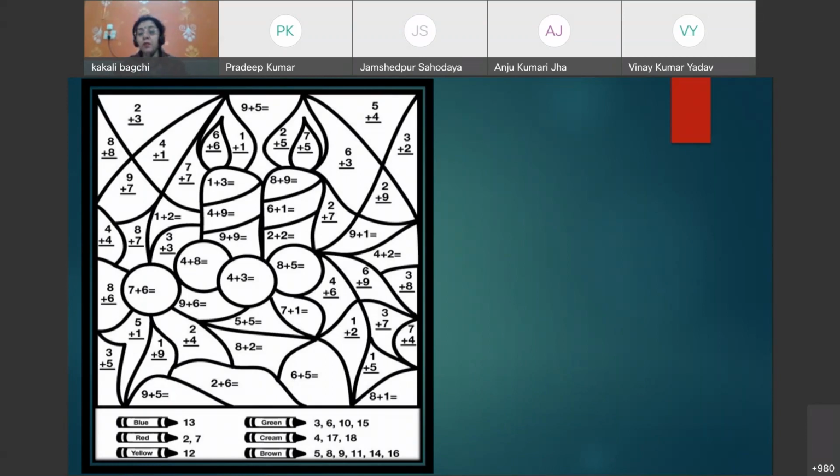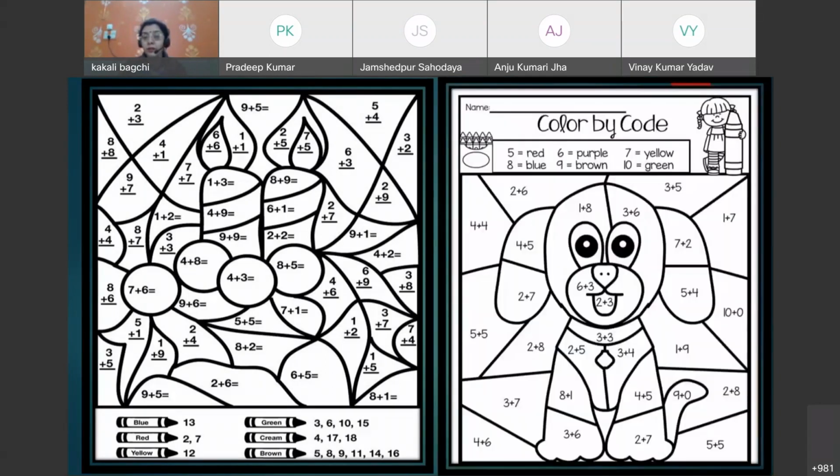So give this type of worksheets by which you give 2 days time to the child. Children will enjoy because they will color it. Unknowingly, they will do mathematics and your correction load will be easier. Same is for this one for another addition. So you can give this type of project as homework, not classwork, homework, through which you can assess the